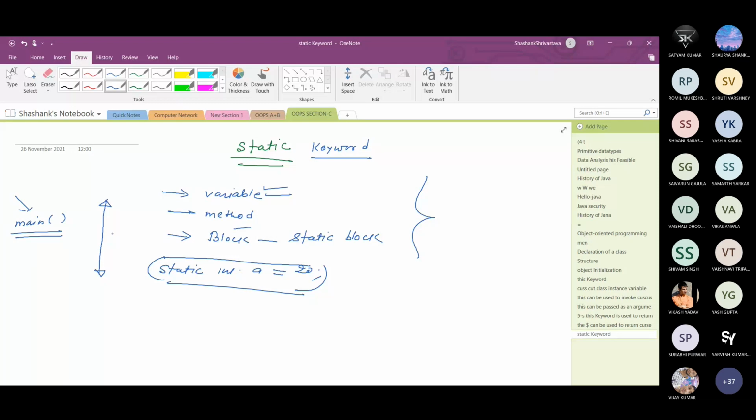So main method is required always. But if a static block is declared like this, and in the static block I print system.out.println hello world, then this will be printed first. So basically this is the case of a static block. How is a static block created? Just write static, opening and closing braces, and hello world. In this case hello world is printed initially, before the main method.